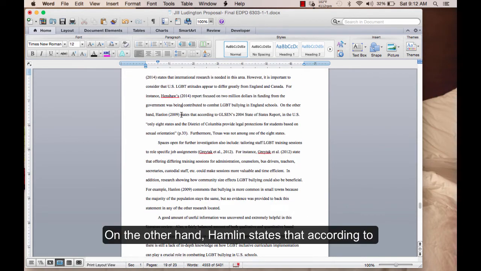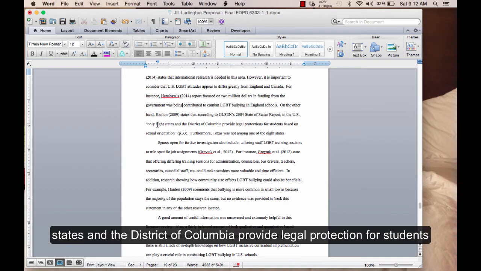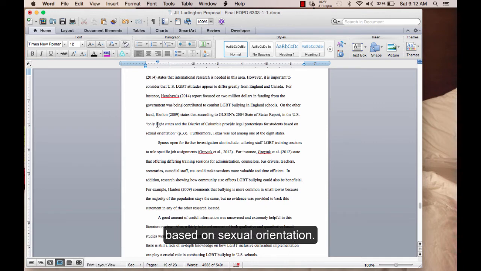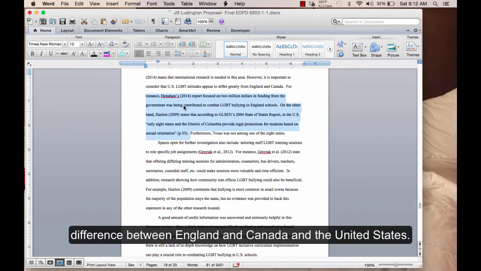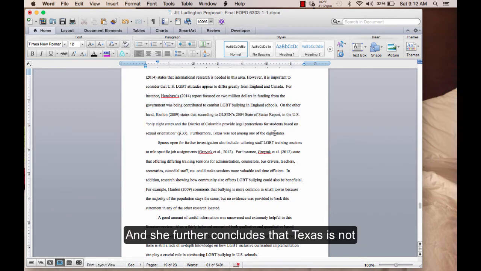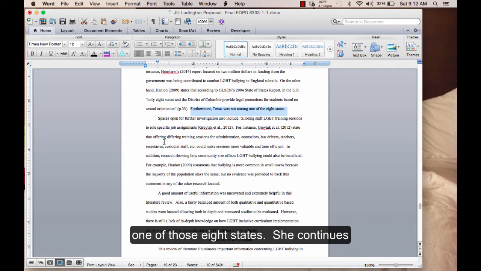On the other hand, Hanlon states that according to GLSEN's 2004 State of States report in the U.S., only 8 states and the District of Columbia provide legal protections for students based on sexual orientation. She notes that the literature stated there's an attitude difference between England and Canada and the United States. And she further concludes that Texas is not one of those 8 states.